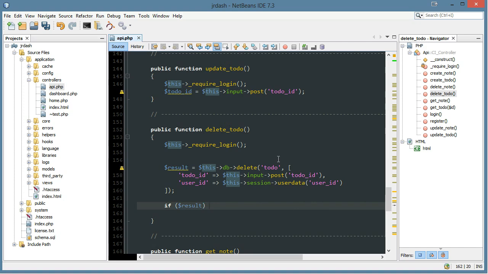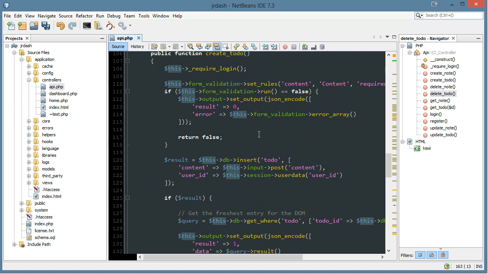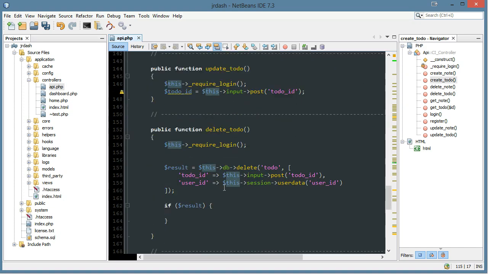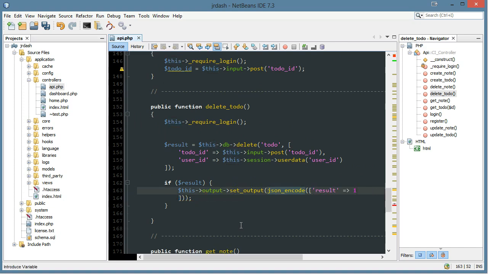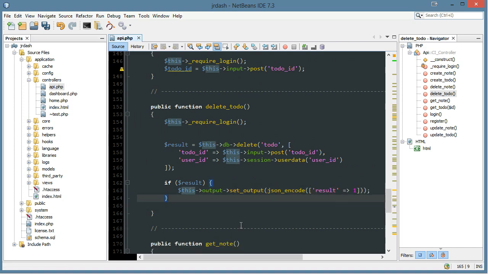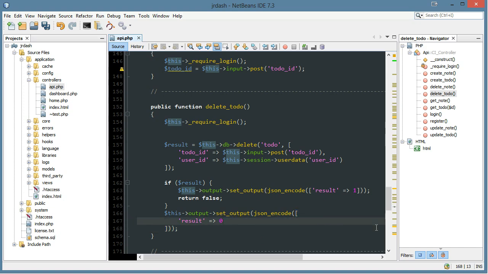I'll say if result, and I'm getting a little tired of typing this JSON code. I'll just copy this here and back to delete to do. I'll just say result is 1. Otherwise, set output JSON result is 0, and I suppose we'll throw in a message. We'll say message is